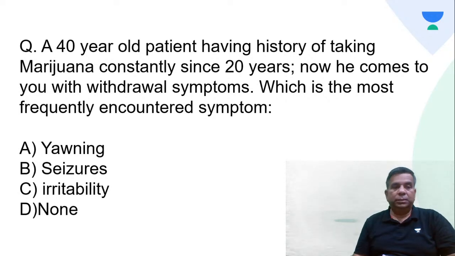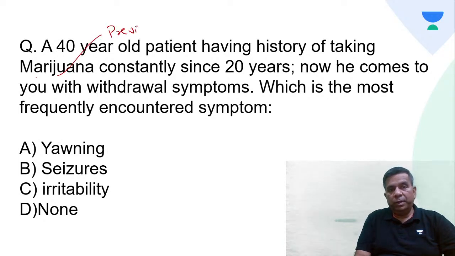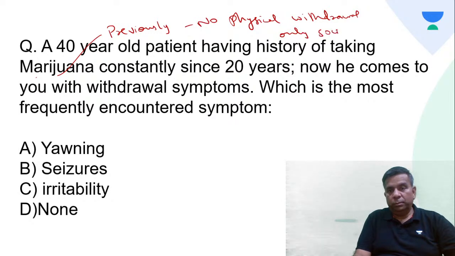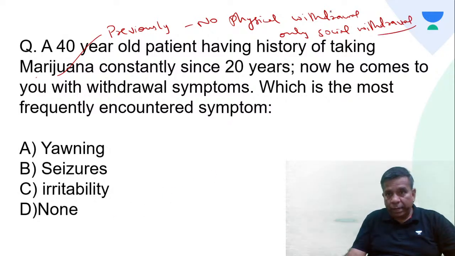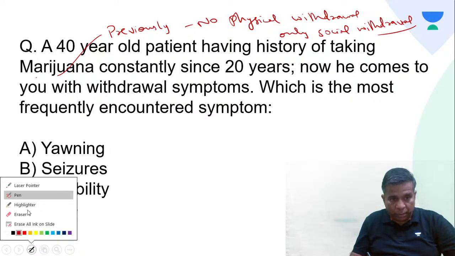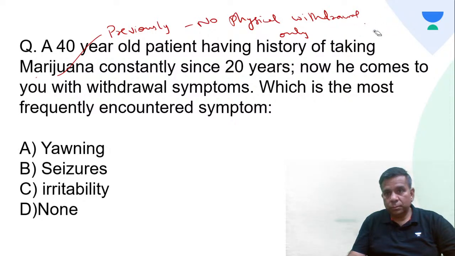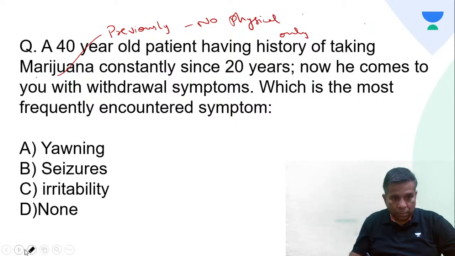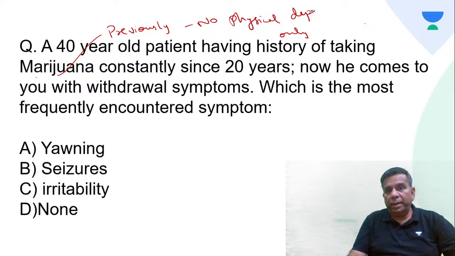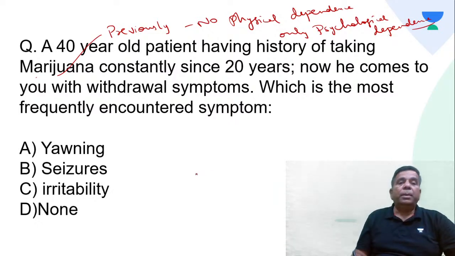Now, cannabis, marijuana, for years has been learned and taught as a drug with no physical withdrawal, only social, only psychological withdrawal. Better we say the dependence: no physical dependence, only psychological, previously. But now, as per the latest DSM-5 and ICD-11, we have learned that cannabis or marijuana can lead to